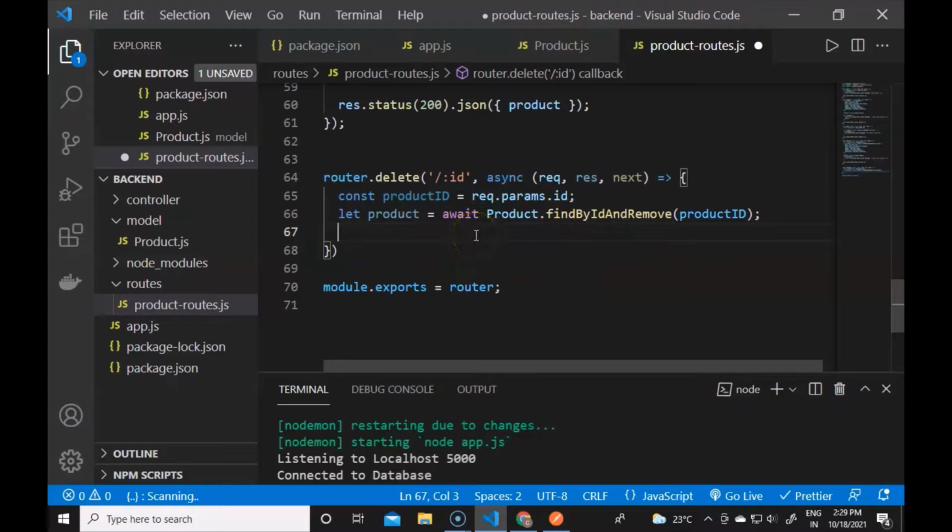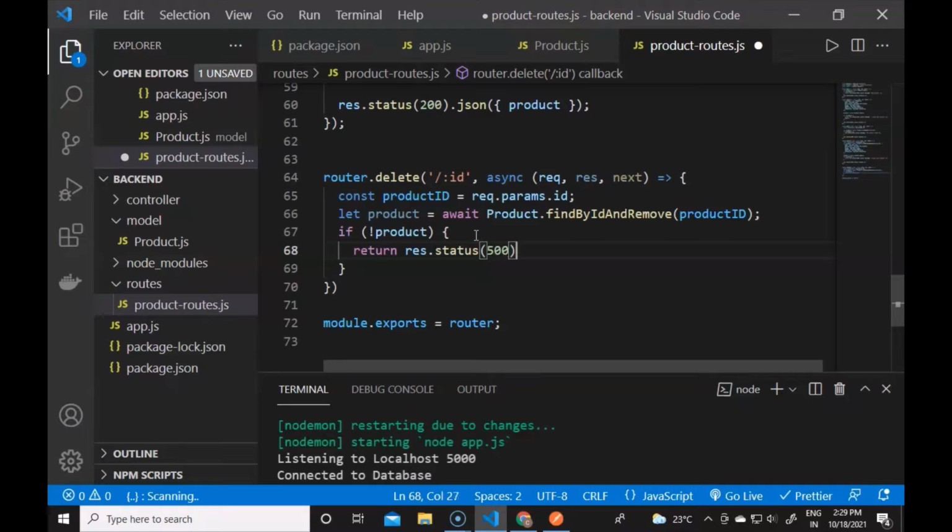Then we have to check the validation once again, like if product is a falsy value, then we will send a request like return response dot status 500, and it will contain the JSON message, and the message will contain: unable to delete product.